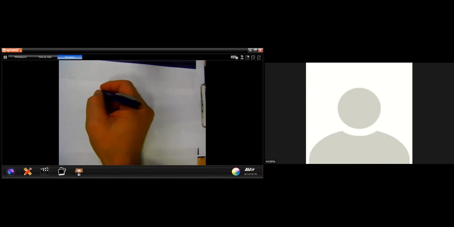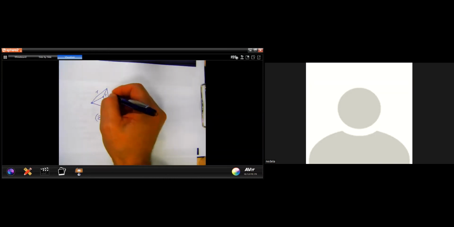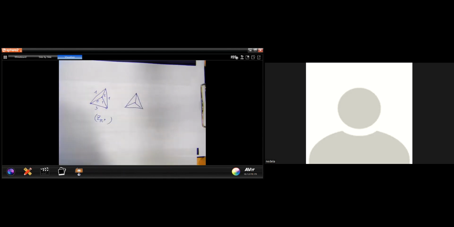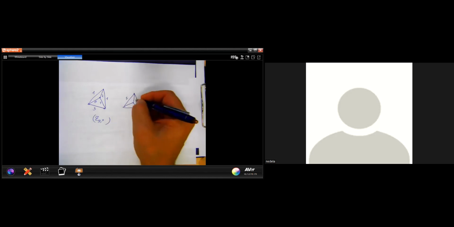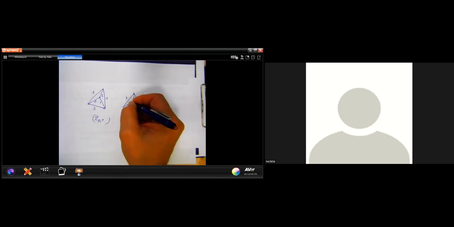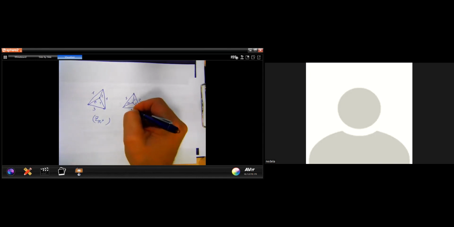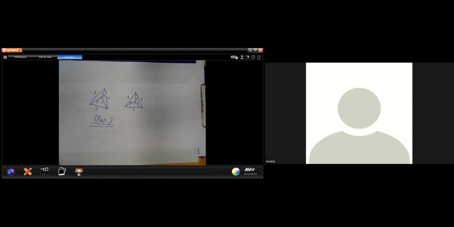Let me put random numbers here: 0, 1, 3, and here, for instance, 4, 1, 0, 2, 1, 1. So we have two voltage assignments in the cyclic group Z5, and we want to understand whether they define equivalent or non-equivalent